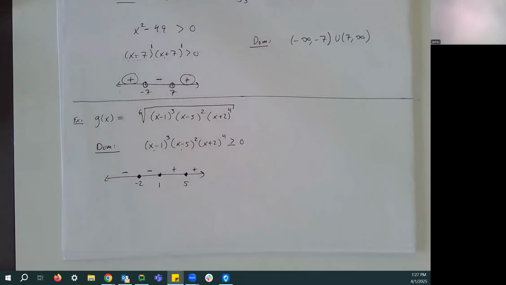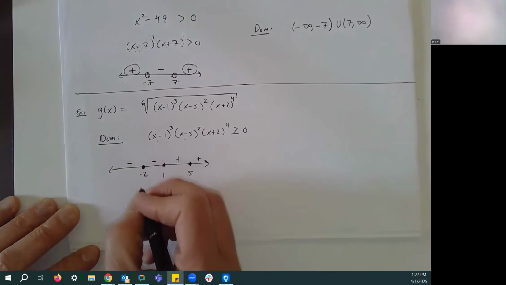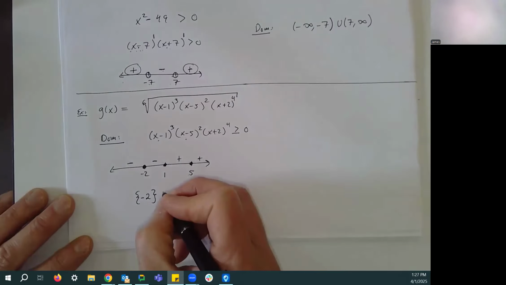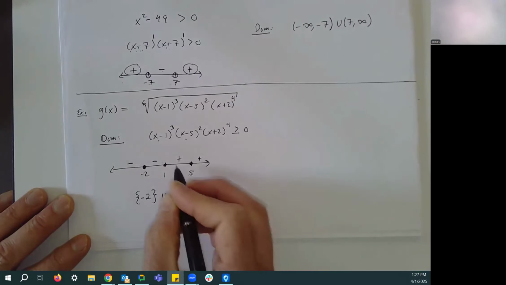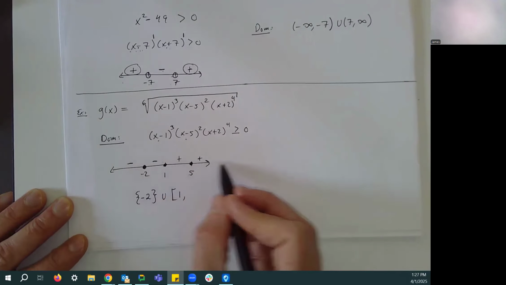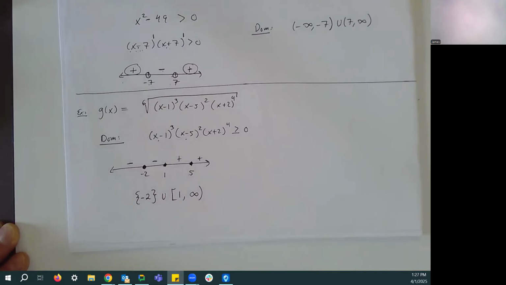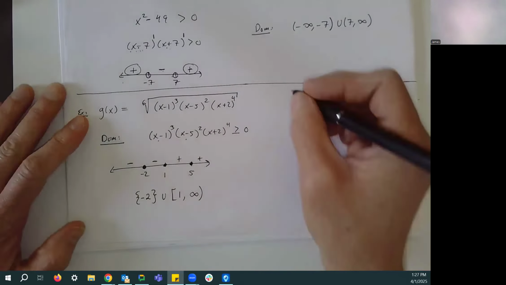The -2 is on its own little island over there, all by itself. So the way we're going to write that is -2 in braces, union, bracket 1. And there's no stopping once we get to 1, right? It's 1 all the way to infinity. We don't have to stop at 5. When you have a single thing all by itself, this is the correct way to express it. You could maybe get away with writing bracket -2, comma -2 bracket, but you don't. It's not what people want to see.